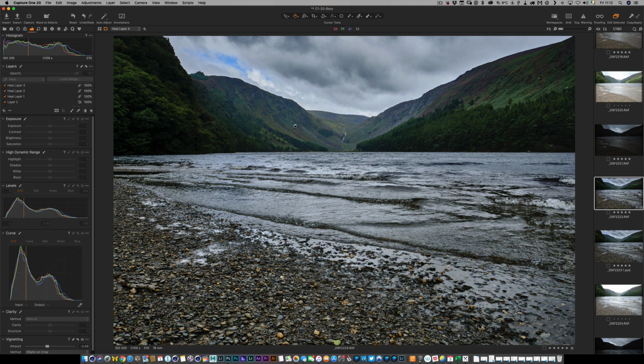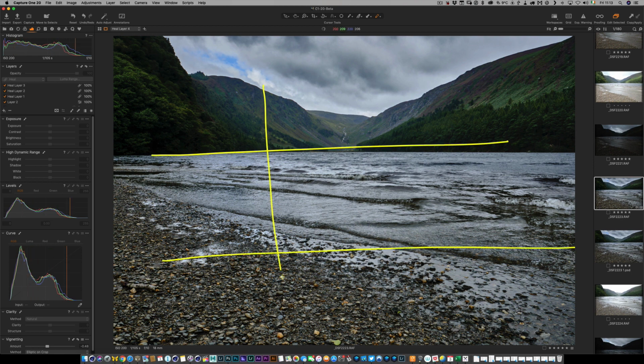So this is a fairly okay image, but there's one kind of big issue with it, and that is there's no kind of foreground interest here. So compositionally wise, it's not too bad. Like, we've got our rule of thirds going on here, and we've got leading lines to an extent, but it's really just lacking something here in the foreground. So if I just draw on this for a second, we have roughly rule of thirds,